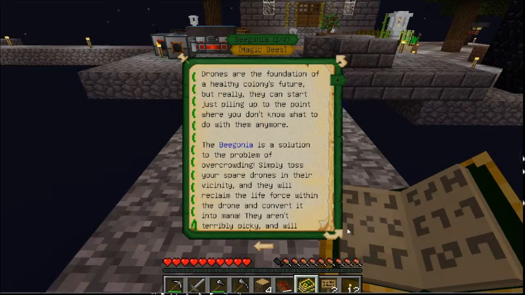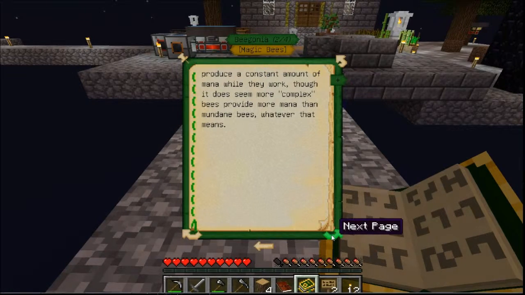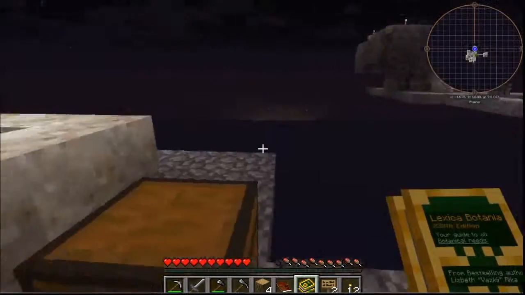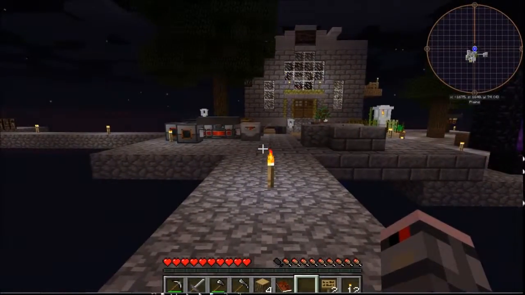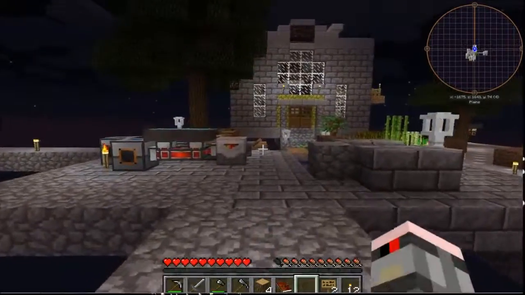Right. It's a little bit of overcrowding. Simply toss your spare drones in their vicinity. They reclaim the life force from the drone and convert it to mana. They aren't terribly picky and will produce a constant amount of mana. More complex bees provide more mana. Oh, okay. Well, that's rather hard. I do get a lot of drones. I get a lot of spare drones that come out. I often get like 3 drones come out of